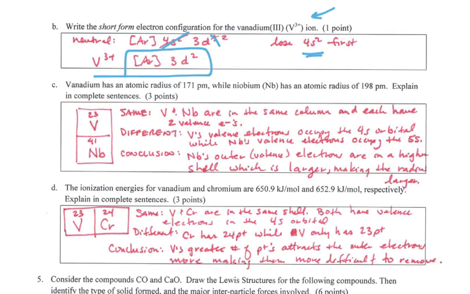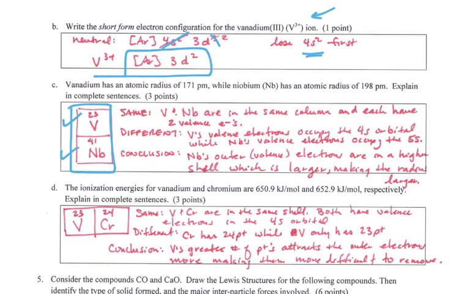Now we're explaining. Okay, so vanadium and niobium. I find them on the periodic table, and I see that they are one on top of the other. So what's the same about them? They're in the same column. They each have 2 valence electrons in their orbitals. What's different is that the valence electrons for vanadium are in the 4s, whereas for niobium they're in the 5s. Since niobium's outer electrons are in a higher orbital, they're farther from the nucleus,